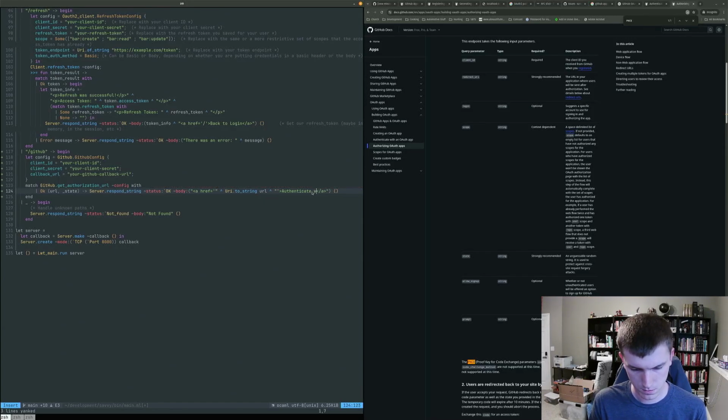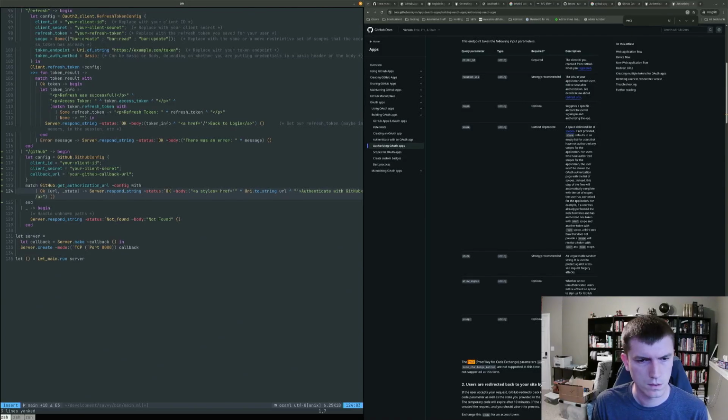Let's make this with GitHub. I should make this a button. Styles equal. I should make it a button. How do I make it a button? Padding. Nope. 4 pixels. And then background color. Nope.